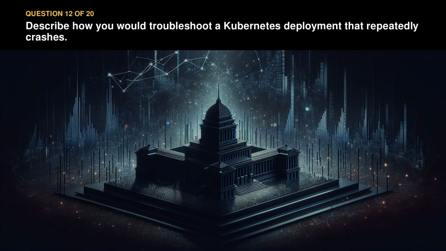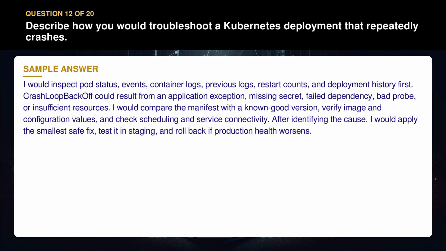Question 12. Describe how you would troubleshoot a Kubernetes deployment that repeatedly crashes. I would inspect pod status, events, container logs, previous logs, restart counts, and deployment history first. Crash loop backoff could result from an application exception, missing secret, failed dependency, bad probe, or insufficient resources. I would compare the manifest with a known good version, verify image and configuration values, and check scheduling and service connectivity. After identifying the cause, I would apply the smallest safe fix, test it in staging, and roll back if